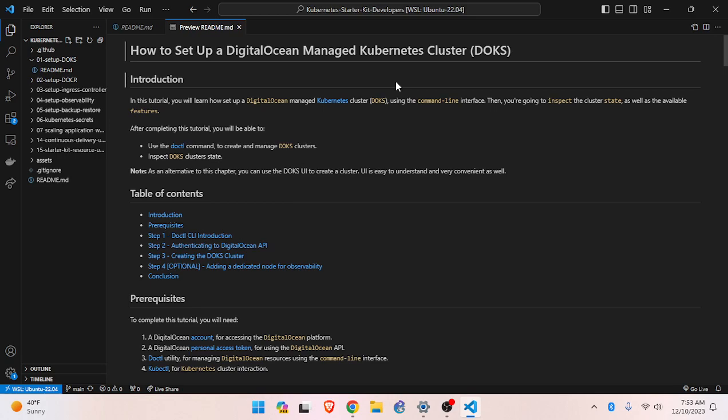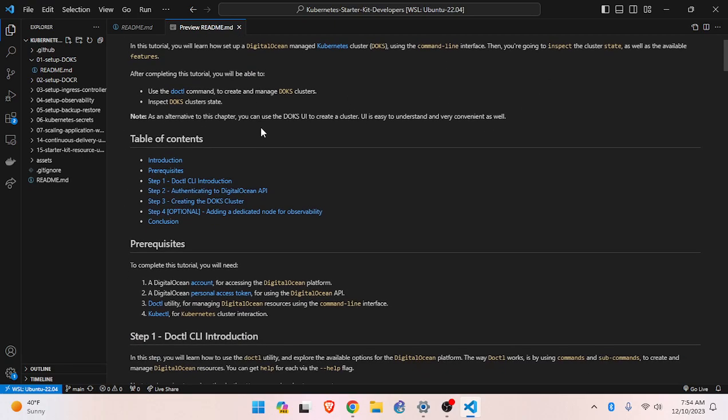After completing this tutorial, you will be able to use the doctl command to create and manage DOKS clusters and inspect DOKS cluster state. Note, as an alternative to this chapter, you can use the DOKS UI to create a cluster. UI is easy to understand and very convenient as well.